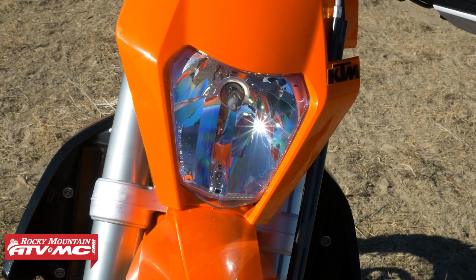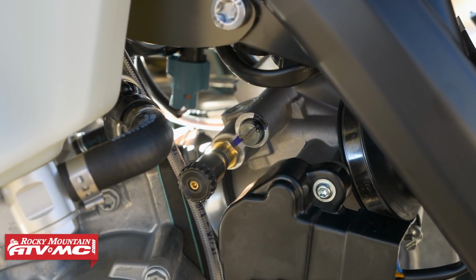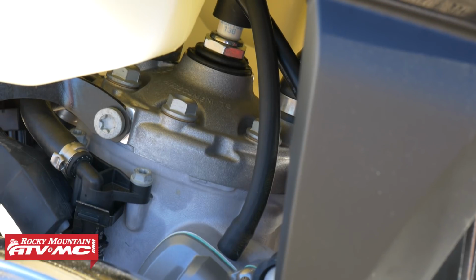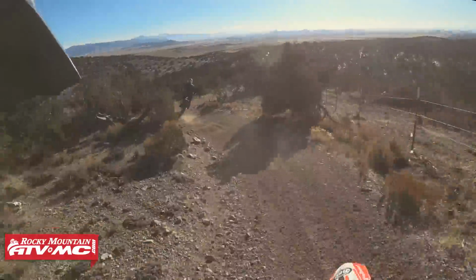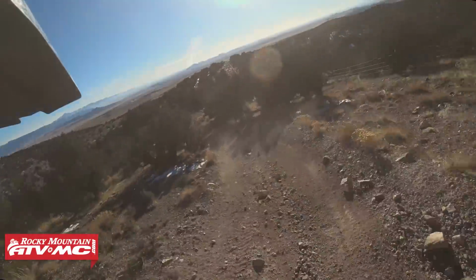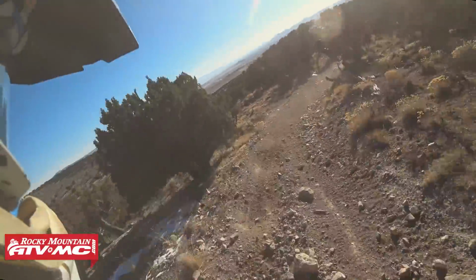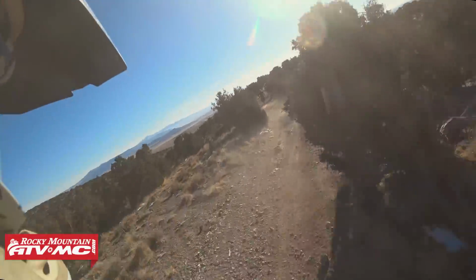And best of all, these two strokes feel so light. You hop on a 4-stroke and then back on these and you're just amazed at how light they feel. And a lot of that's because of the counterbalance in these engines. They're so smooth. It makes them feel lighter. I don't know what it is, but